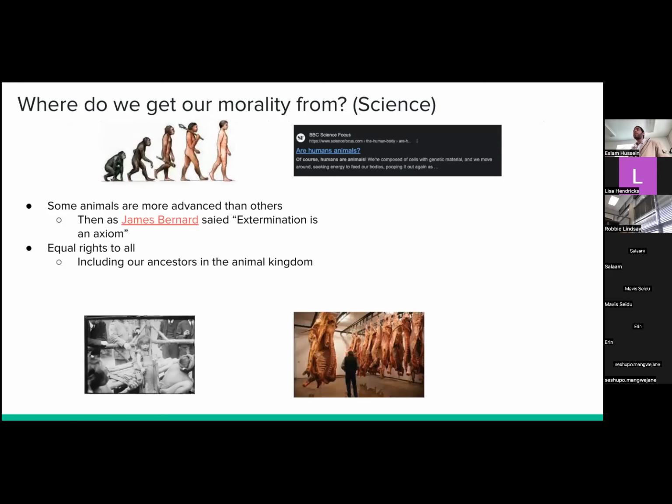Can it come from science? Now, science is a methodology, so we usually use our models to guide science, not the other way around. But let us say that science can guide us in terms of morality. Now, I didn't really know, but apparently we are all kind of animals, and I would think my ancestor at some point was a monkey or a chimpanzee. I don't know. And we are in a constant state of evolution. That's what the current status of the literature says.